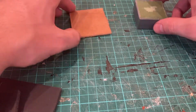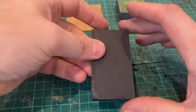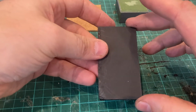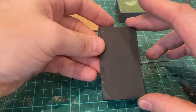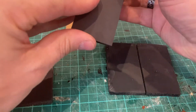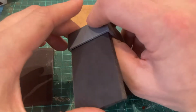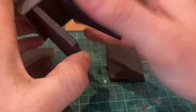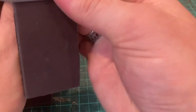So, what's next? Using foam core card, I've cut pieces that are 3 inches tall and about 1.5 inches wide. Got 4 of them. And what they're going to do, they're going to sit inside the plinth like that. That's the stands